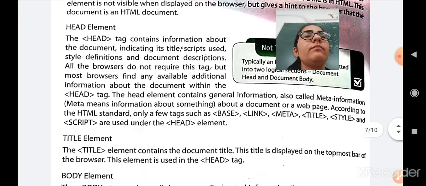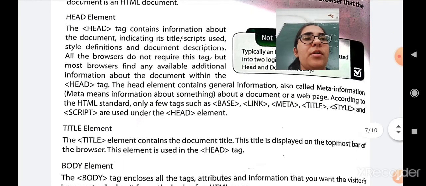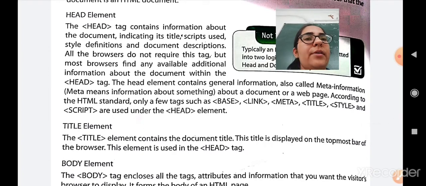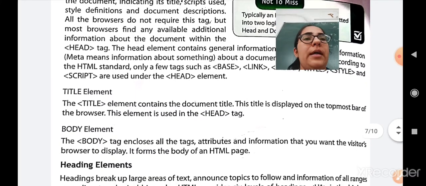According to the HTML standard, only a few tags such as base tag, link tag, meta tag, title tag, style tag, and script tag are used under the head element. So, to give a document description, to give the title, to give some meta or additional information regarding the document, you can use these types of tags under the head tag.